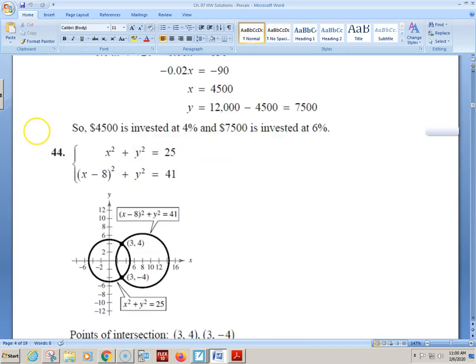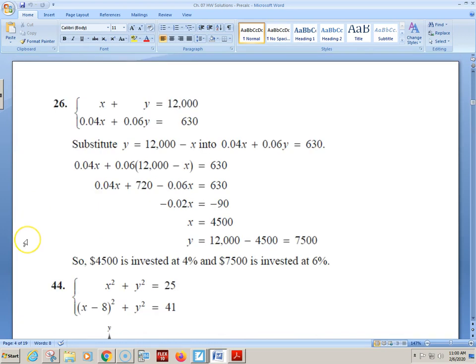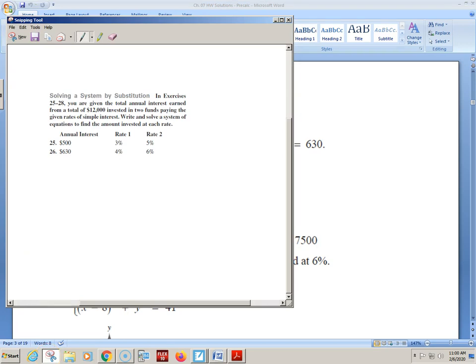Let's go back to number 26 really quickly, just because, Priyanka, I have that one saved over here. They did not give it to you like that. I realize that. They gave it to you in this nasty table, and it's not really that bad, but where they tell you how much interest you made over annual. So that's how much interest you're making every year. And you have 2 different rates, a 4% rate and a 6% rate. They say you put in $12,000 to 2 different funds. Okay, to 2 different funds, meaning the overall interest that you're getting is $630